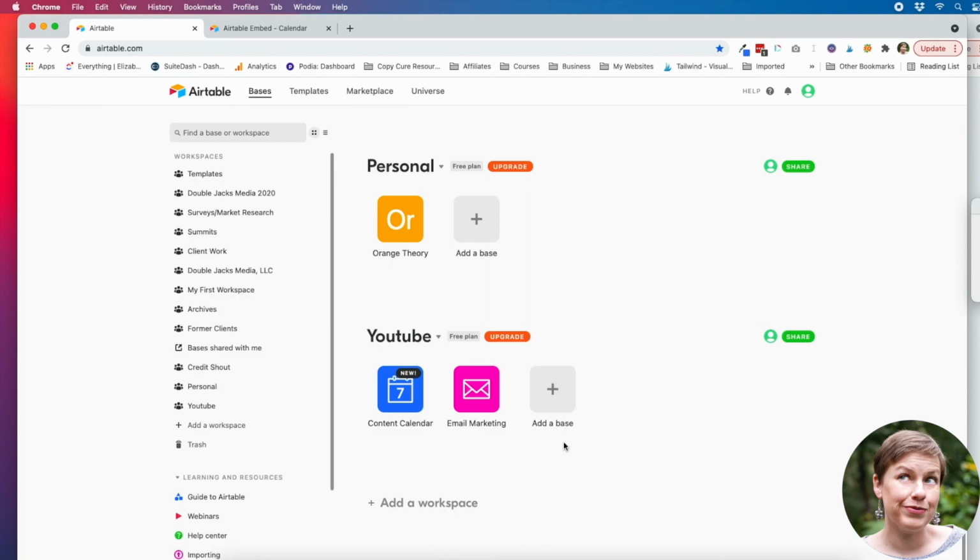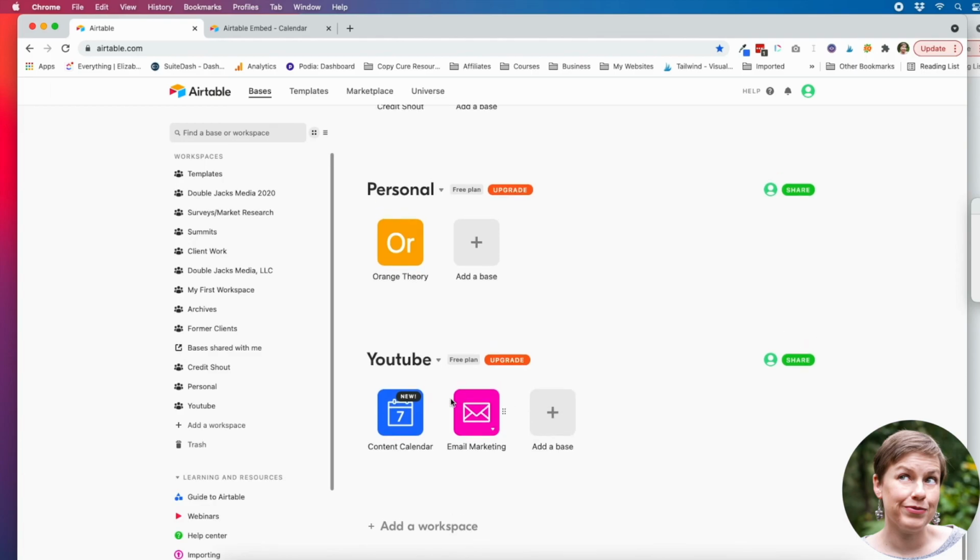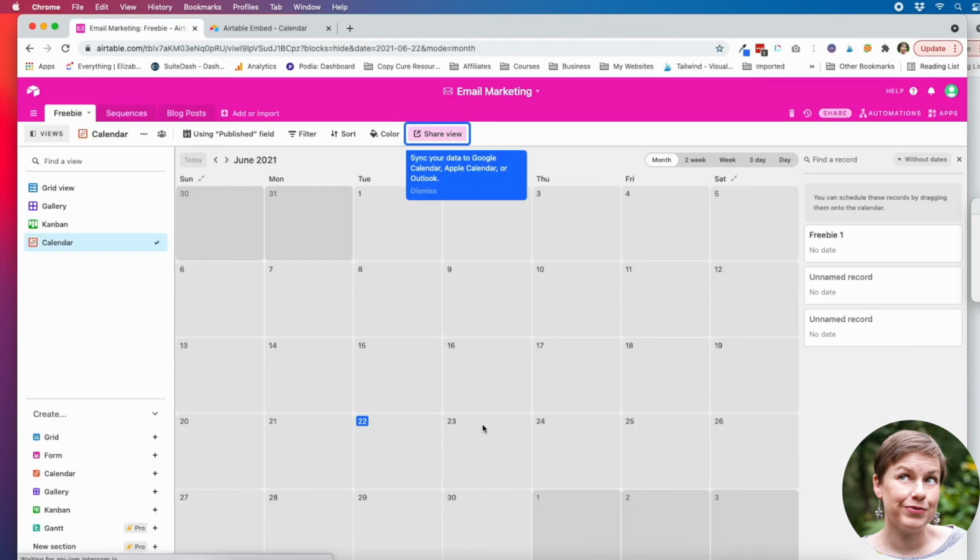So that is Airtable for you. I think it's a great tool if you're not super spreadsheet savvy, and you don't have to necessarily turn this into your entire project management, because you can use it inside other project management tools, preferably for me, ClickUp. But whatever you're using, you can embed and share links and grab the links, and it will make your life easier.